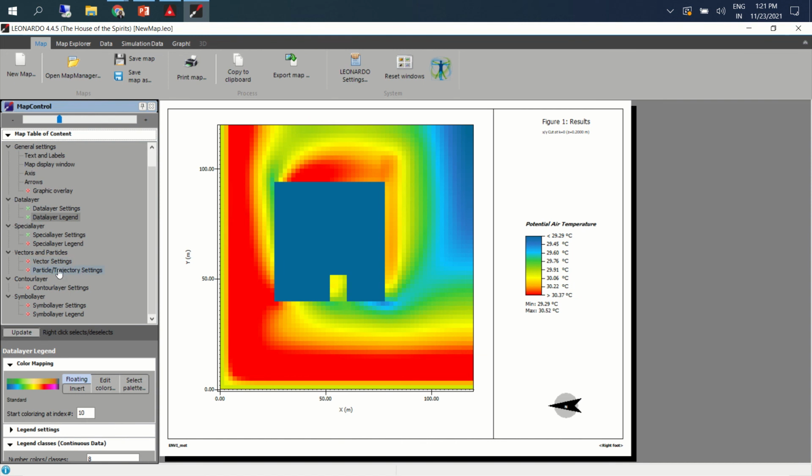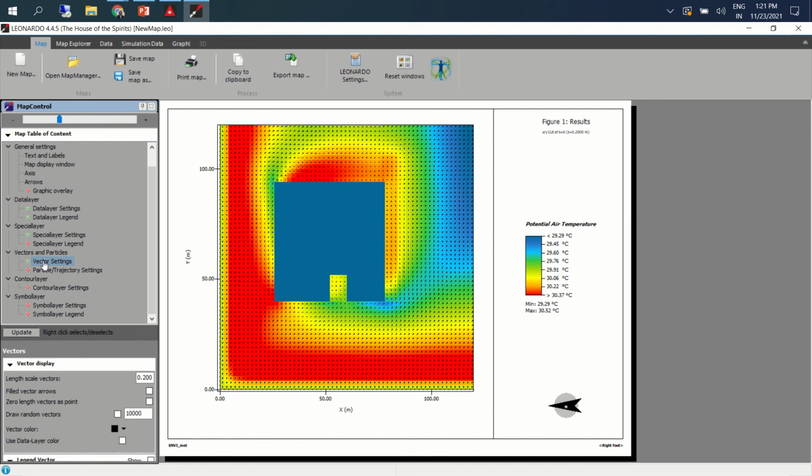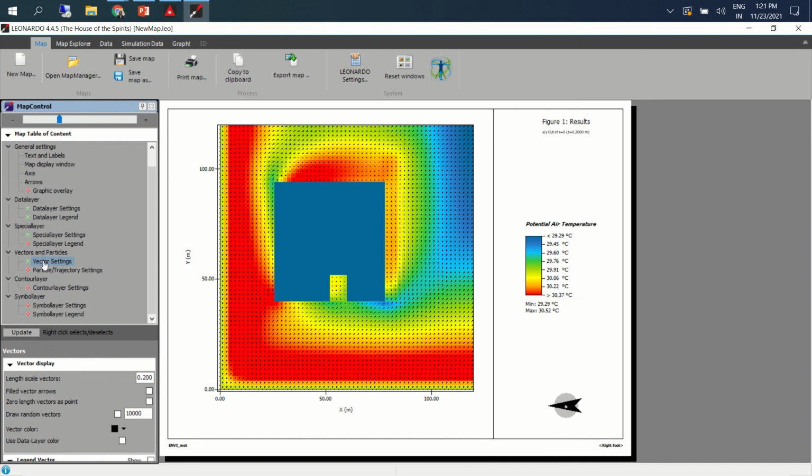One interesting thing that you can try is, on vector setting, you see certain things shown as green and certain things as red. If you have to turn on the red, you right click it.